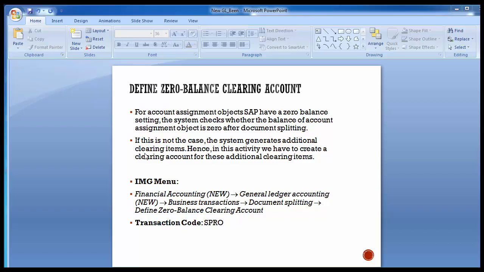So before posting, the document is checked if the balance of the characteristics like profit center is 0 or not 0. If it is unbalanced, additional clearing items are created if zero balancing is required for profit centers in the customizing setting of new GL. Therefore, a clearing account must be determined in the